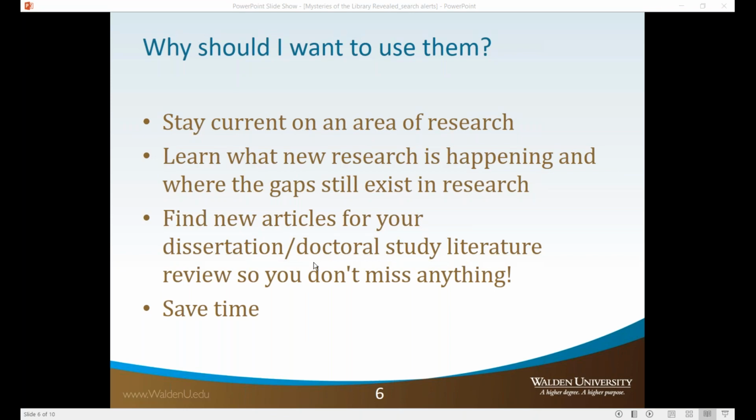So by setting up an alert and getting all these brand new articles sent to you, you're going to know what's new out there. You can also learn about gaps that may exist in the research. You're learning about the new research that's happening, and that research may talk about future research that might be necessary. These are all things you're going to want to look at, and you want to start looking at them now, so you're ready when you're at the stage of doing your literature review for your dissertation or your project study. Search alerts also